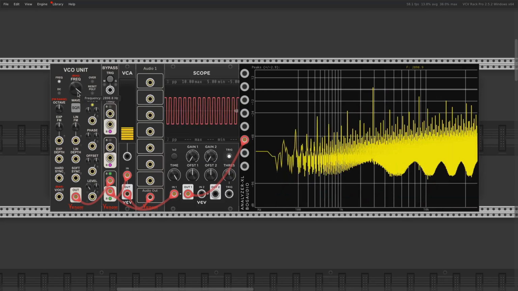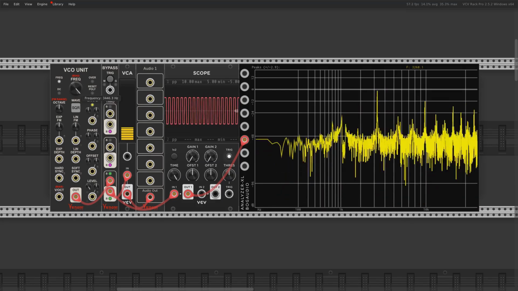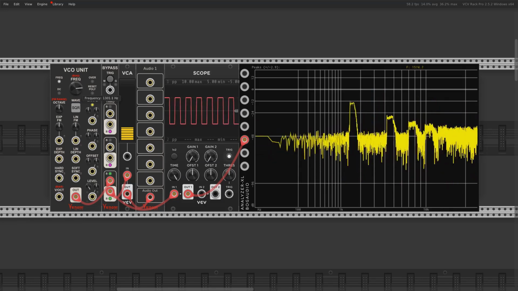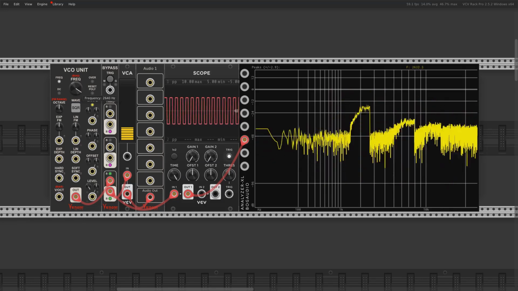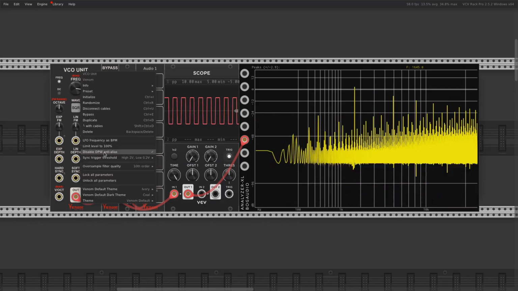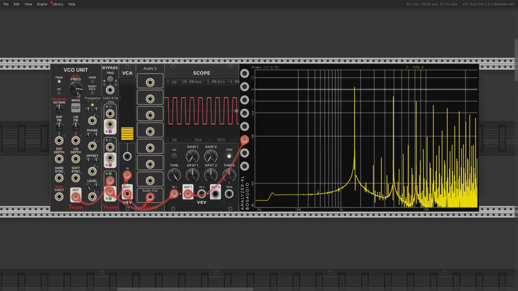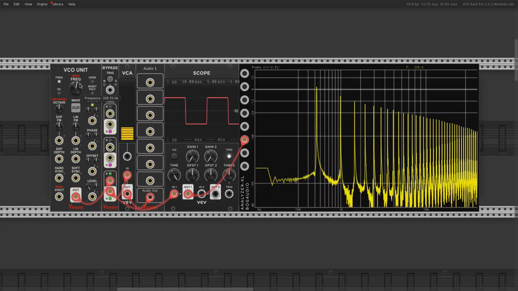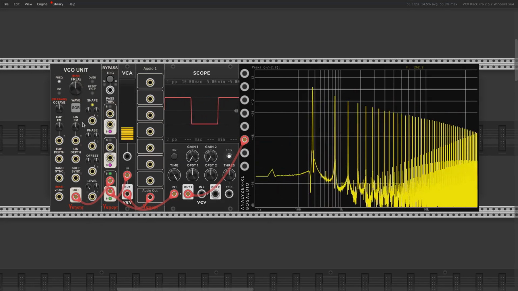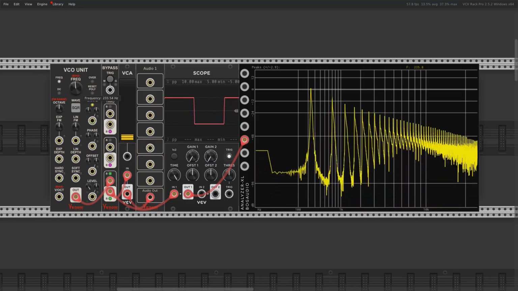There we go. With the anti-aliasing and the oversampling off, it's really pretty bad. And re-enabling it works pretty well. All right. Enough on that one. There is one other improvement, at least theoretically, to the sound, and that's